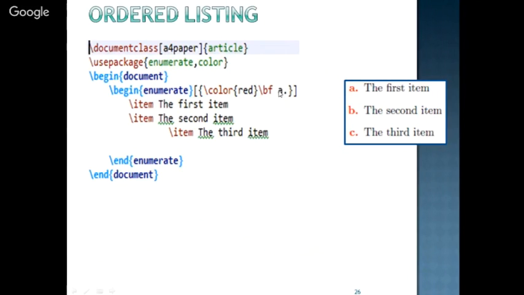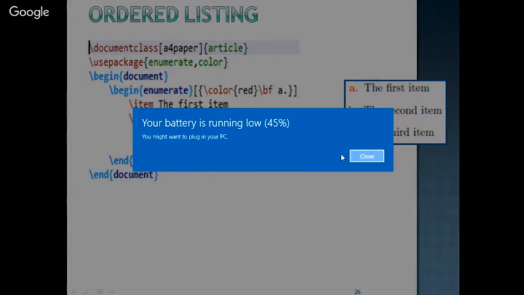If you write here 1 dot, it will automatically print 1, 2, 3. Here we have started with A dot, so it is A, B, C. So backslash bf is for boldface, backslash color is for color, and here we have defined red color, and then A dot is for the ordered style. Then what will be the content of the item? So first item, then the second item, and the third item. Here you can see